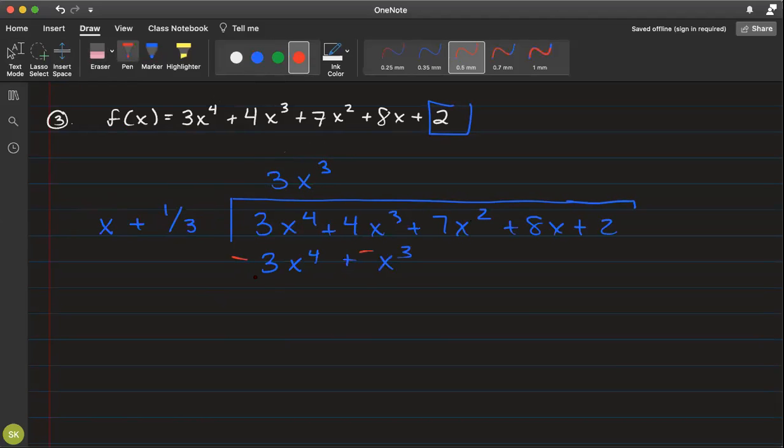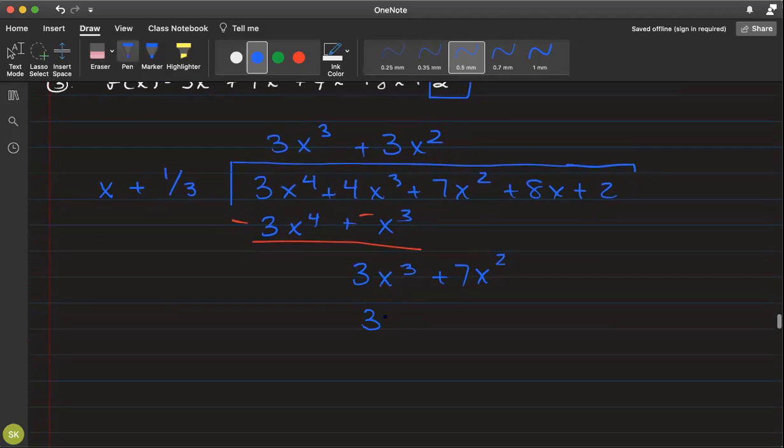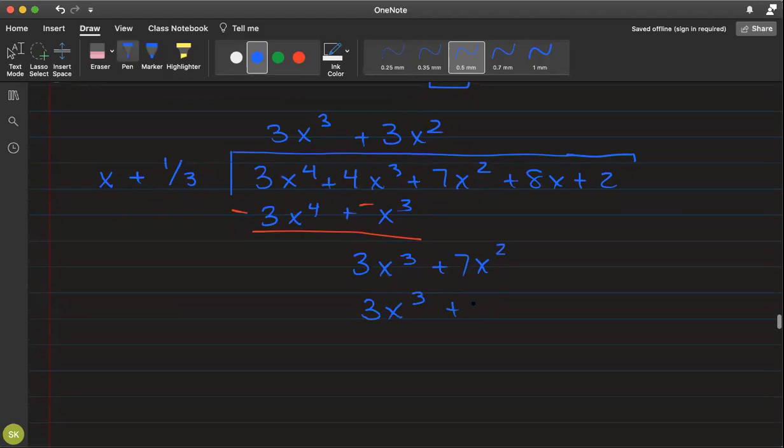Subtract, and you'll get 3x cubed plus 7x squared. Okay, to get 3x cubed, we have to multiply by 3x squared to this x here. So we'll get 3x cubed, again, 3x squared times this 1/3, it'll cancel out that 3, and you'll get just x squared. So now we subtract,